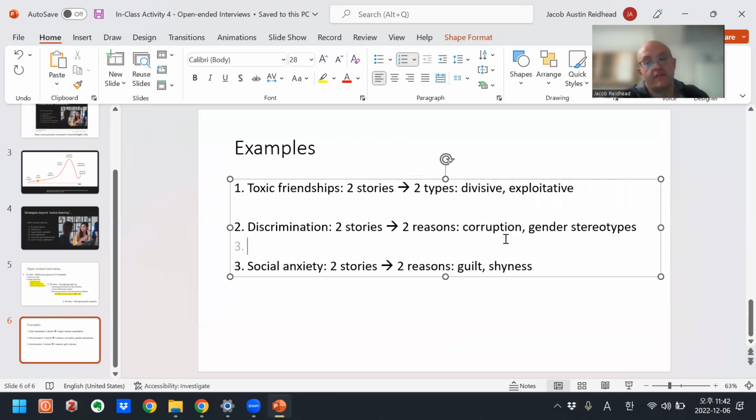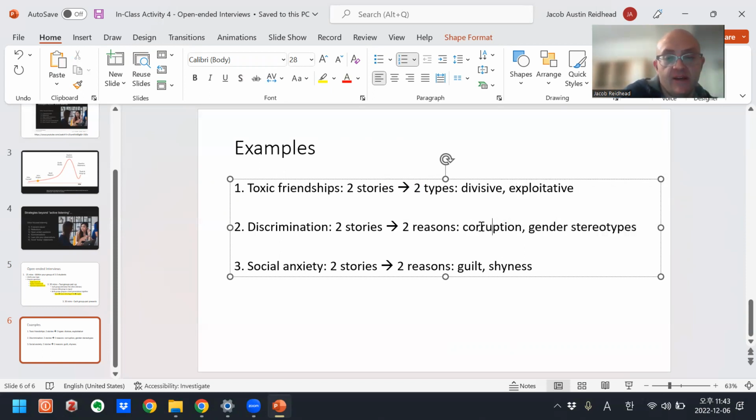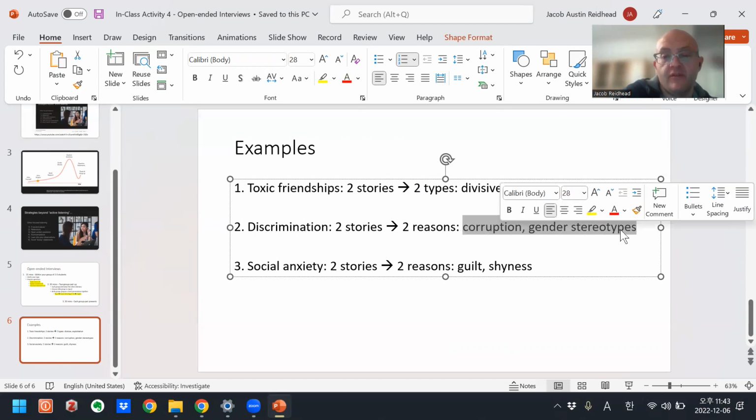One is corruption, for example, the teacher asking the students to give them money for a grade. Another kind was gender stereotypes, where the teacher thought that boys were more capable than the girls. So these are two different types of discrimination in the classroom, from teachers towards students. And then they summarized these two types of discrimination.